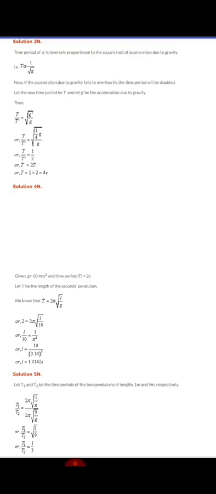Now L1 is 1, L2 is 9. So finally I will get T1 by T2 is root of 1 by 9. Now what is root of 1 by 9? It is 1 by 3. In question number 3 just above, you can use the same formula. If I use same formula, 2 pi gets cancelled. In that, length was same, so L and L get cancelled. The G in the denominator will go in the numerator, so that we got G dash. So one step is you can put there, that is dividing two time periods.